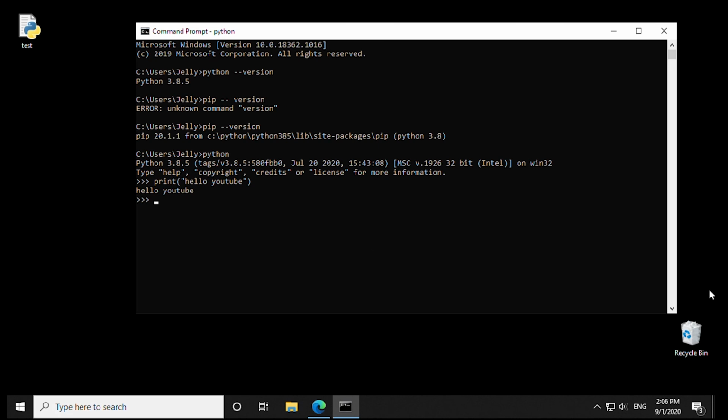So you have these three options to choose from in your Windows operating system to use Python, and I hope